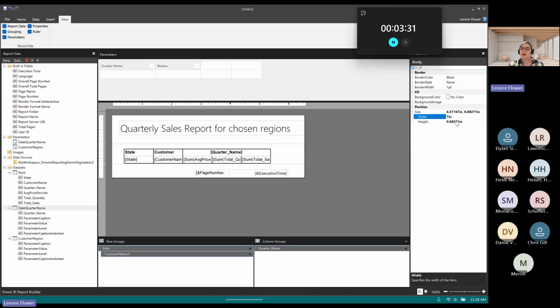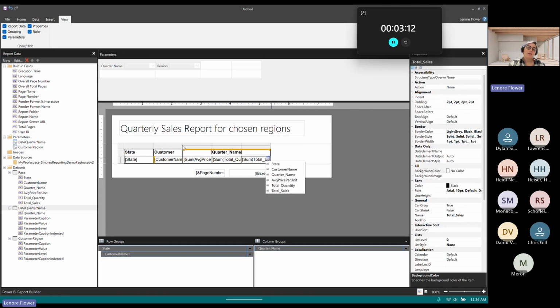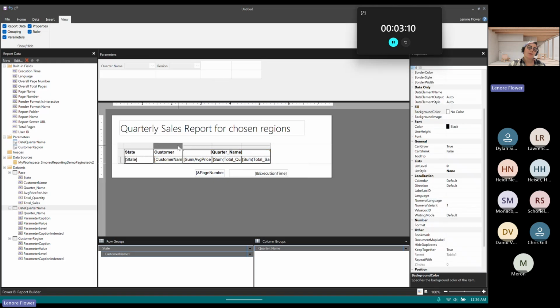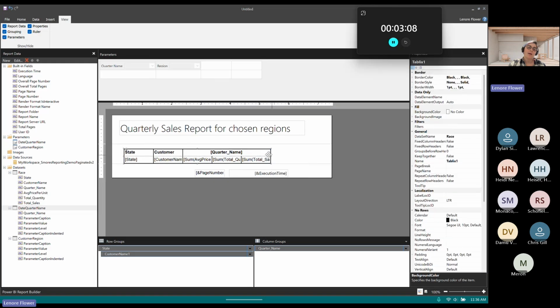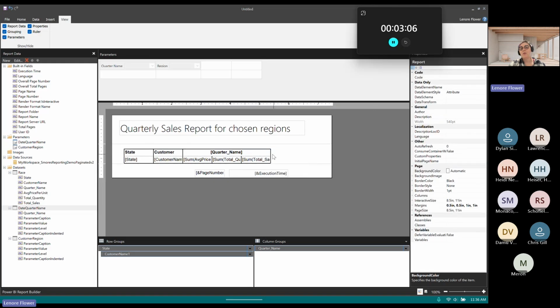We want this to be exact because if the body and the report expectation of the size don't match up, we're going to get some really interesting issues with the print. So 0.5 inch margins from 8.5 gets us 7.5 inches. That's the total space that we have for the report. And that will give us some room so that when the quarter name is repeating more, it'll be able to fit.